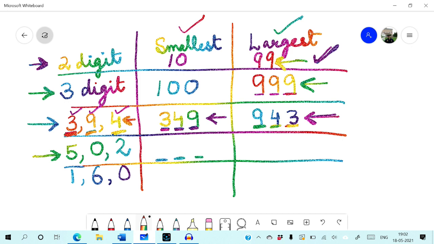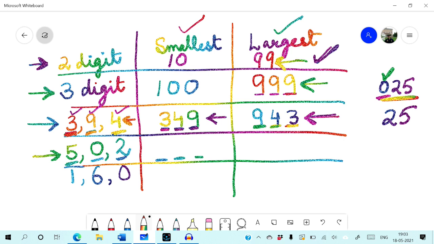And I had told you that we have to arrange the digits in ascending order. If we arrange the digits in ascending order, we will have 0, 2, 5. Now, if you read this number, it is 25, because this 0 has no value. It is at the hundreds place. It has no value. But we have to make the smallest 3-digit number using 5, 0 and 2. Here the number actually is only 25. We don't have to ignore this 0.